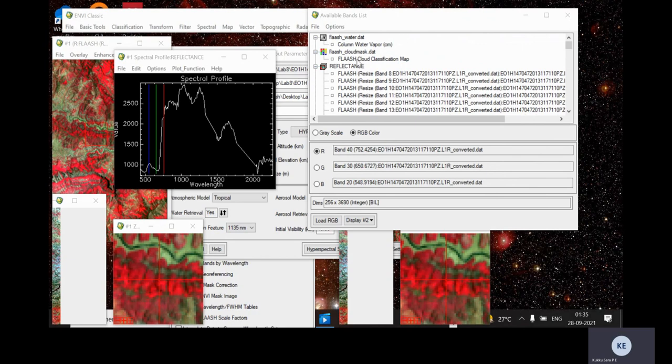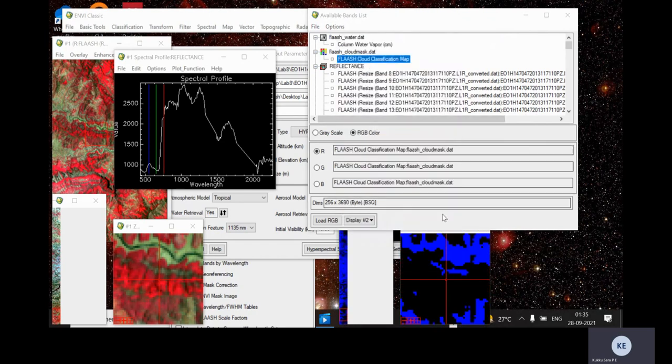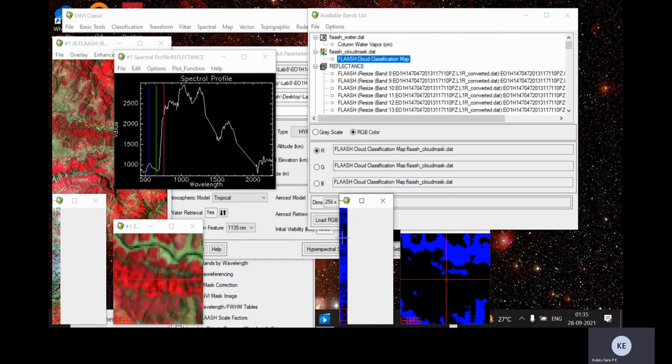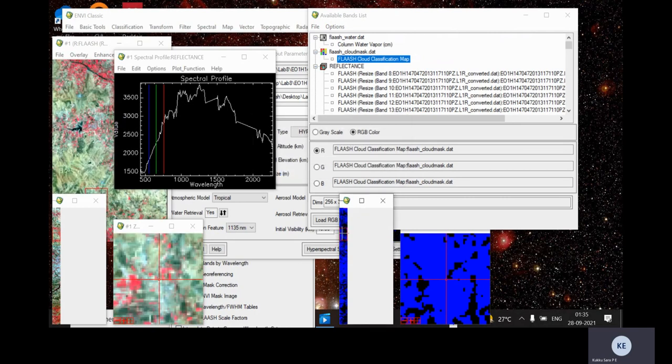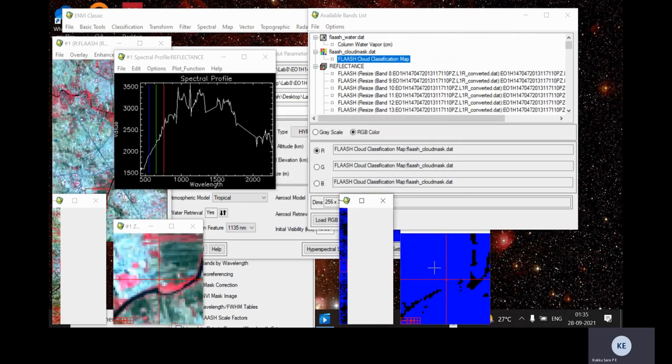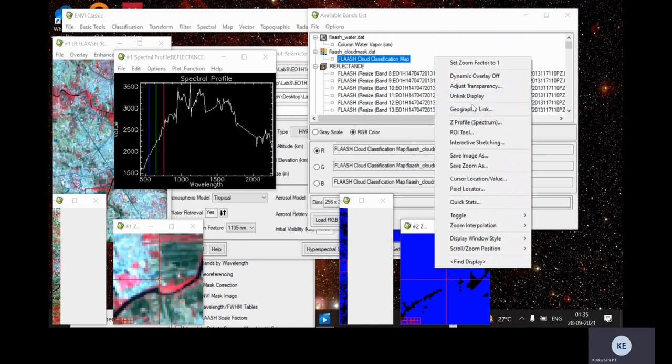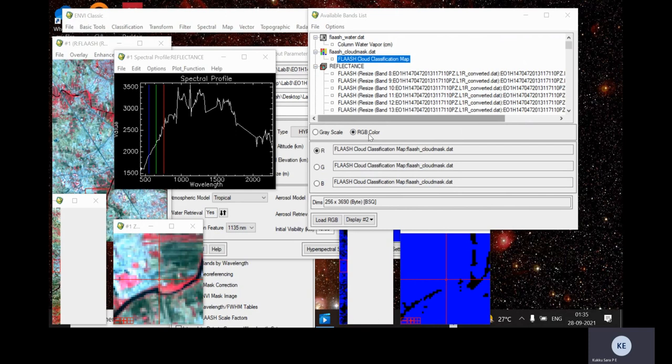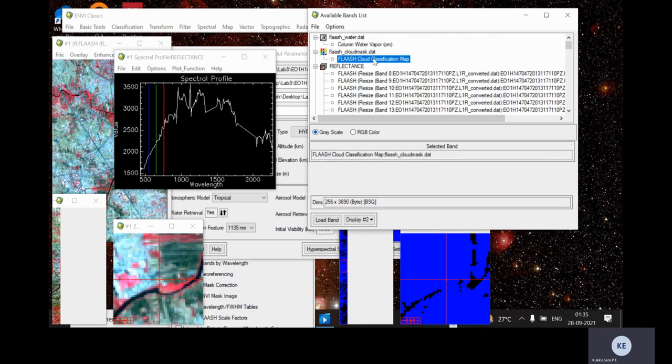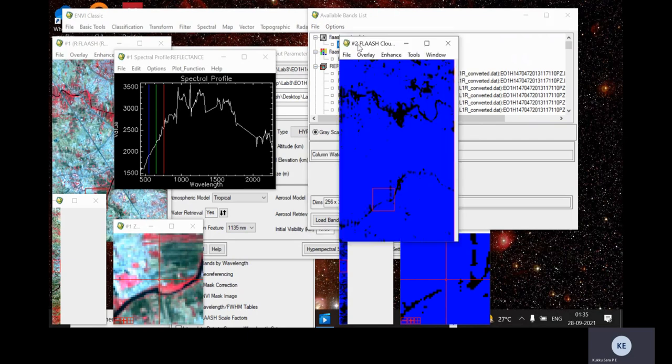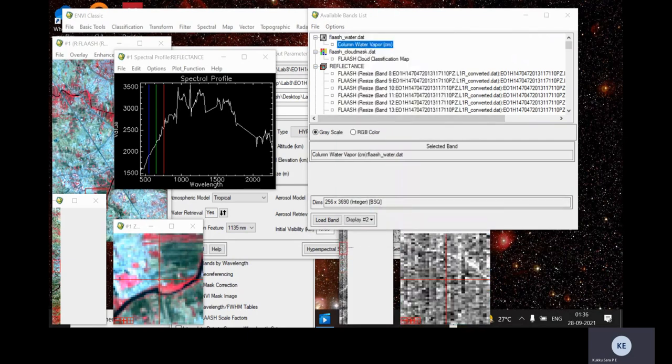And these are the output cloud classification map after atmospheric correction. Cloud mask created. And this is the column water vapor for each pixel generated after the FLAASH atmospheric correction.